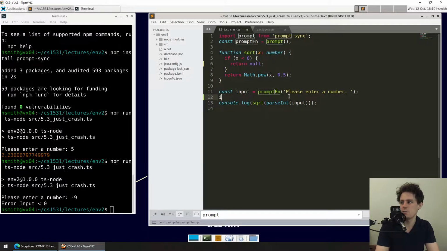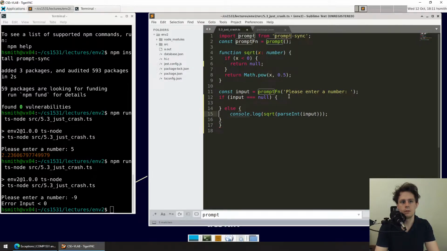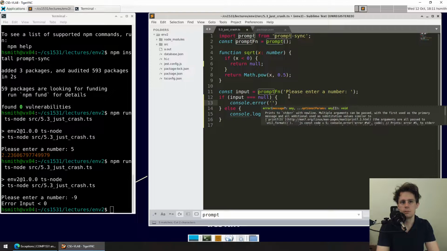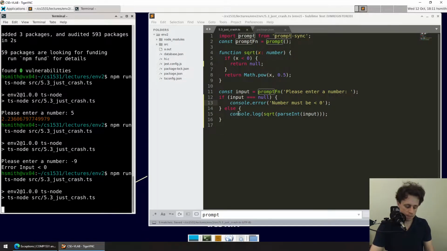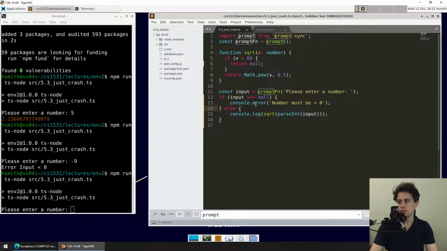And then when I get my input, I could say, you know what, if input equals null, then we'll console.error, number must be less than 0, or something like this, right? Like, you could do something like this. This works, but there are limitations to this approach. For instance, what happens if